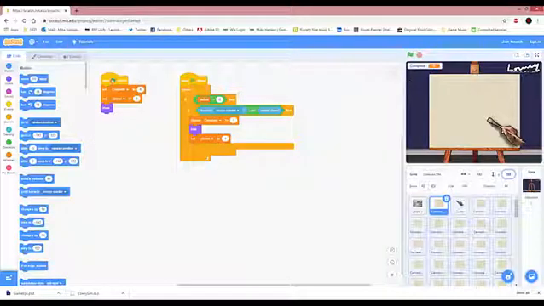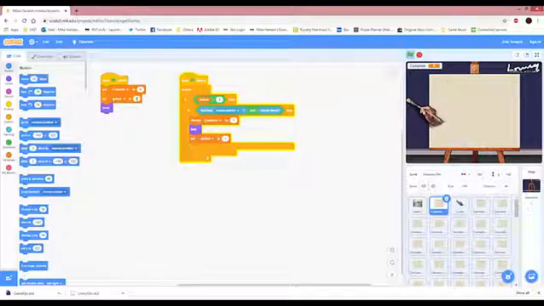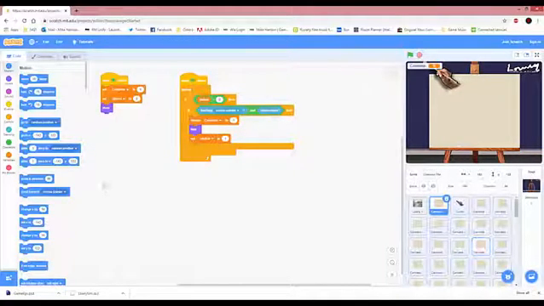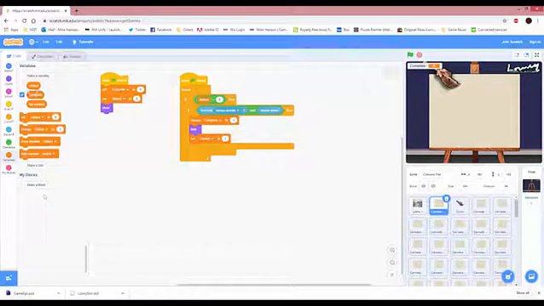But let's have a look at what the code says at last. So when the green flag's clicked, set complete, which is this variable up here in the left corner of the game, to 0. And set clicked to 0. It's saying that this piece is not being clicked yet when you start the game. And also show the piece. Okay, so when you click the green flag, it sets complete to 0. See, it sets clicked to 0, so this piece hasn't been clicked, and it sets show to 0. Now you'll notice each one of these has got the clicked variable on it. If we go to variables, there's clicked.